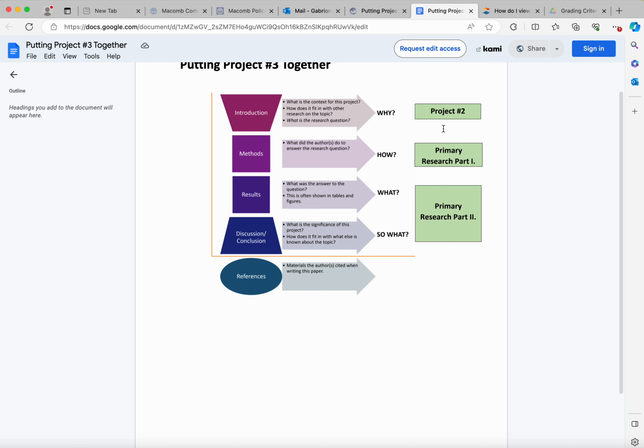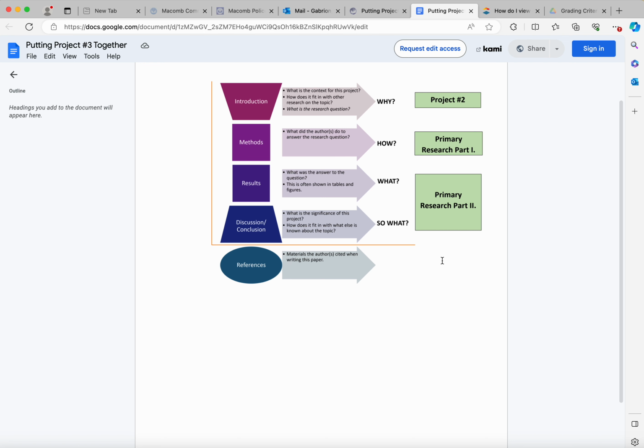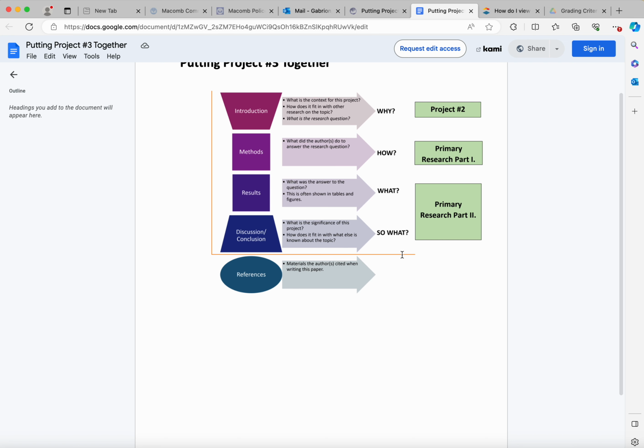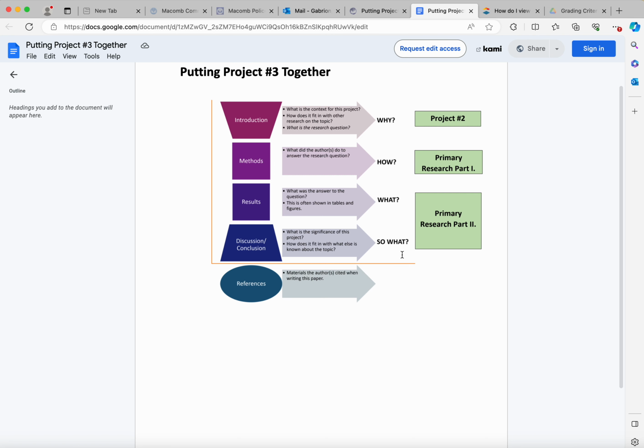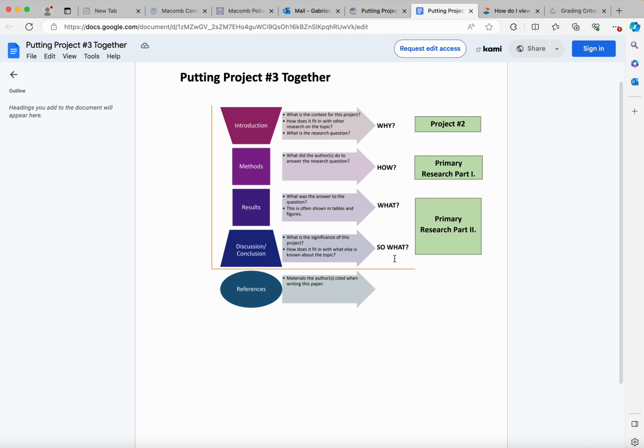You've got a conclusion for project 2 currently. You'll move it down, and then you'll decide what needs to be added based on what you've learned over the course of adding all of these pieces together. So really, we've been working steadily over the course of the semester to build project number 3. You'll add your references, just like you can see, and in your case, you're going to also add those two appendices, your